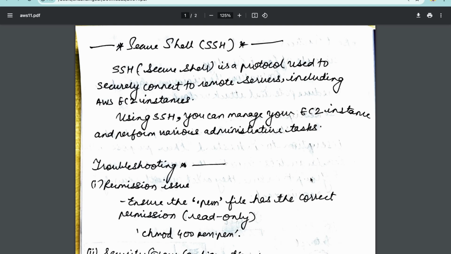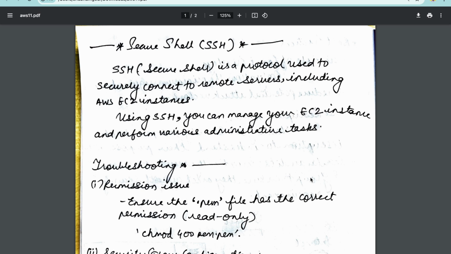Alright, so in this video, we are going to learn about SSH or Secure Shell Host. Basically, it's a protocol, and a protocol is a rule which is used to define how to do a certain task. So SSH is a rule which is used to connect to a remote server securely, right, and basically it also includes